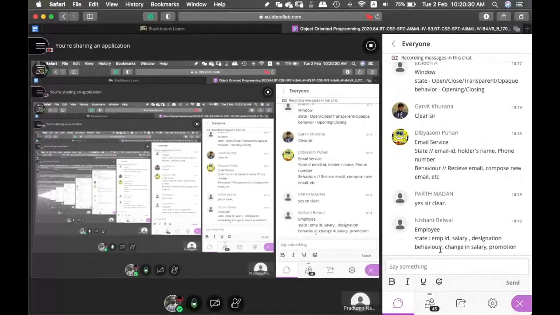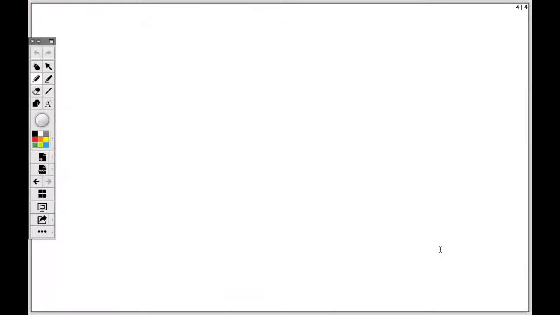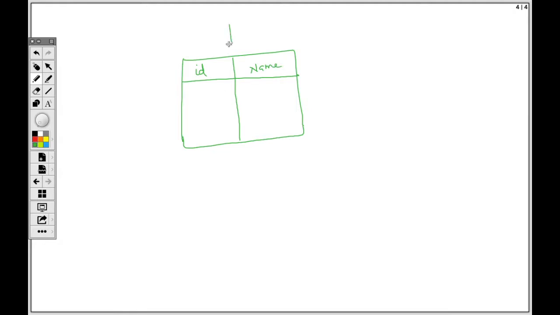So table has a state. Think of it like this. If I say a table is an object, you must have learned this thing also. Table also resides in a state. Maybe there is some column ID and name. Right now, this is one state of this table. Later on, this table will be in some different state when I say 1 x, then 2 y.